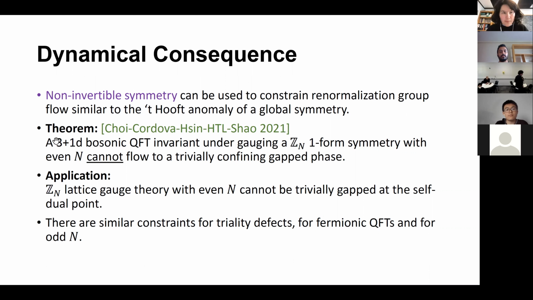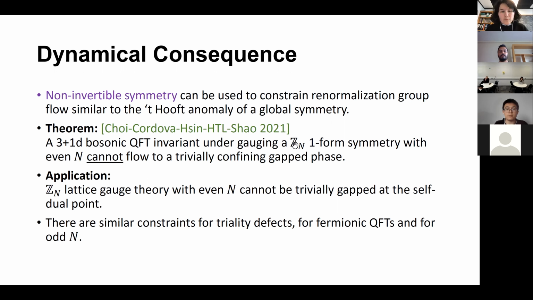And if this is true, then the theory cannot flow to a trivially confining gapped phase. When I say a trivially confining gapped phase, confining specifically means that the Zn one-form global symmetry is preserved in the IR. And trivially confining gapped means that the theory can be thought of as a Zn one-form SPT. So it's an invertible field theory, which can depend on the background gauge fields for the